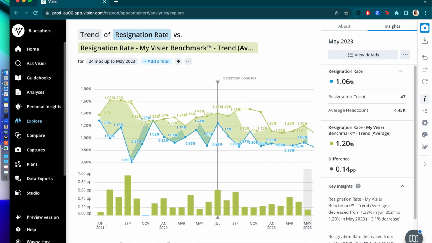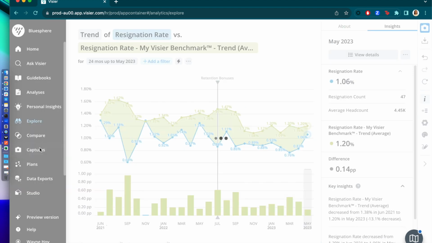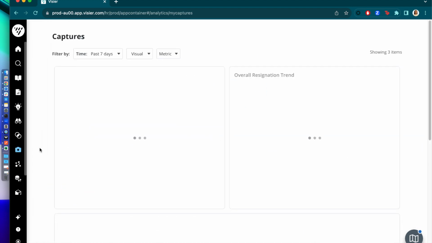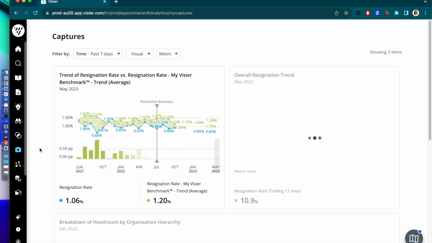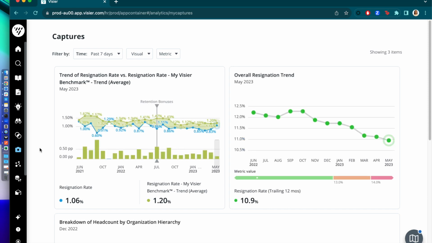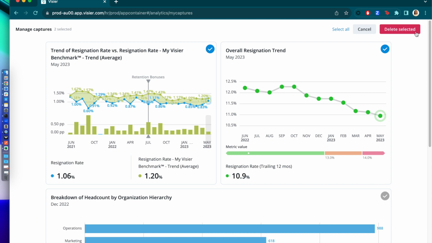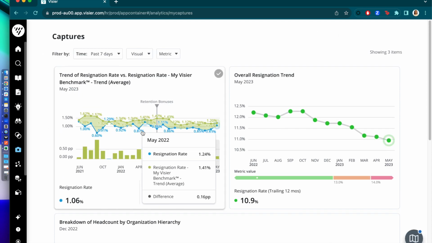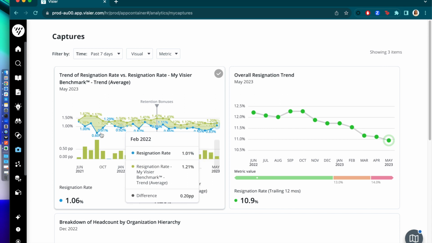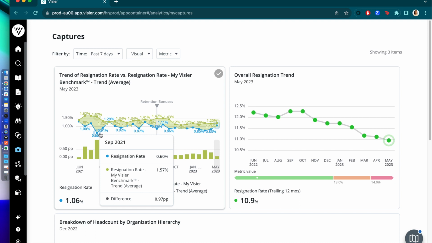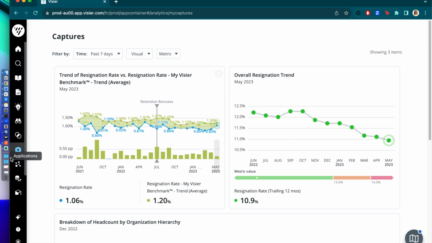So I'll pull open the left side navigation again and go to the captures room again. And the captures room is basically where we store all of those snapshots that we've taken before by hitting the camera icon. And here we can review, sort, and see what I've captured in the past. And I can always delete the ones that I don't want anymore. But the main use of captures is to use them and build my own analyses or dashboards, for lack of a better word, that I would continue to use myself over time,